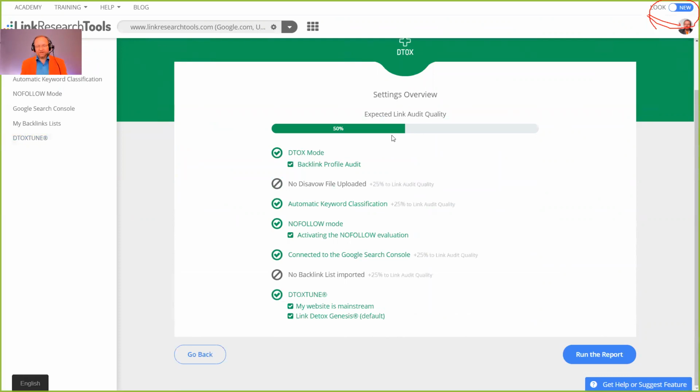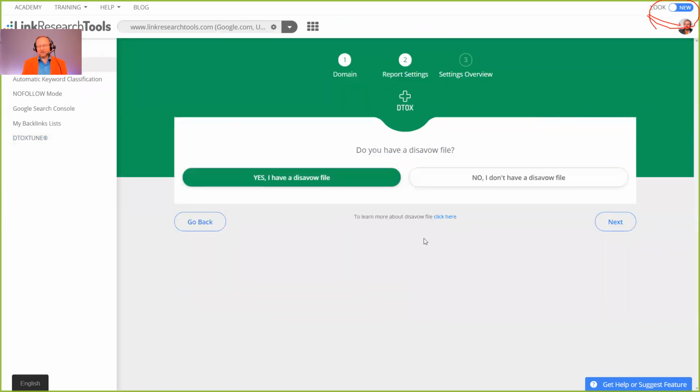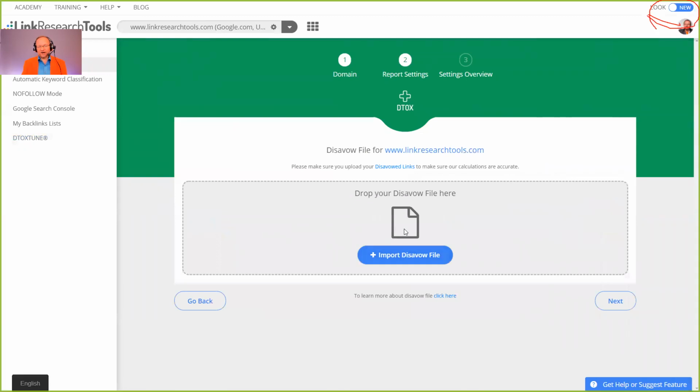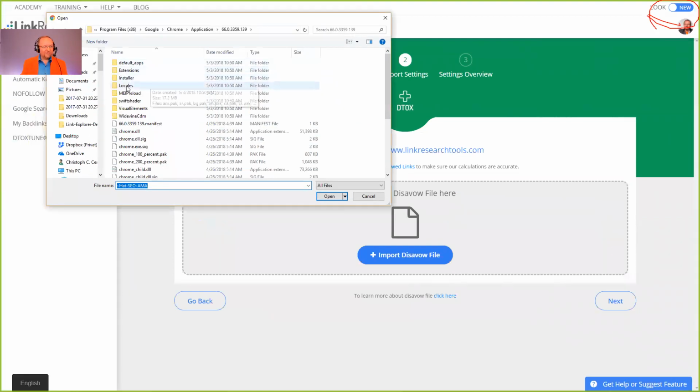The expected link audit quality is just 50% because we don't have a disavow file uploaded. Today, usually people have a disavow file. So where's that disavow file? Please import it and input it here or by dragging, dropping. Let's see. I certainly don't have the disavow files here in my Windows directory,